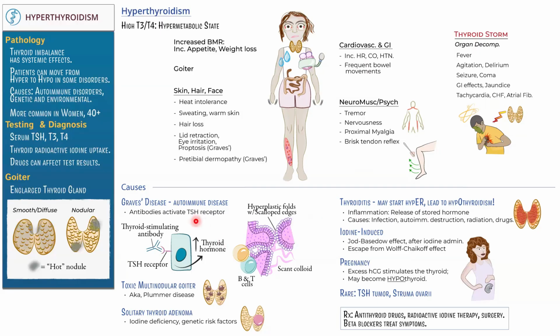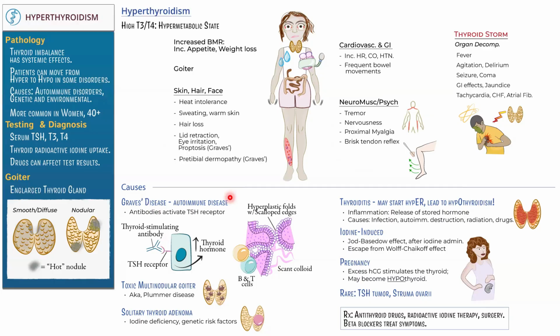Remember the other cause of hypothyroidism was Hashimoto's. For this one, we'll have Graves' disease. Graves' disease will be present in hyperthyroidism. The other one was Hashimoto's. So Graves' disease is an autoimmune disease affecting the cells that are producing these hormones, telling them to overproduce